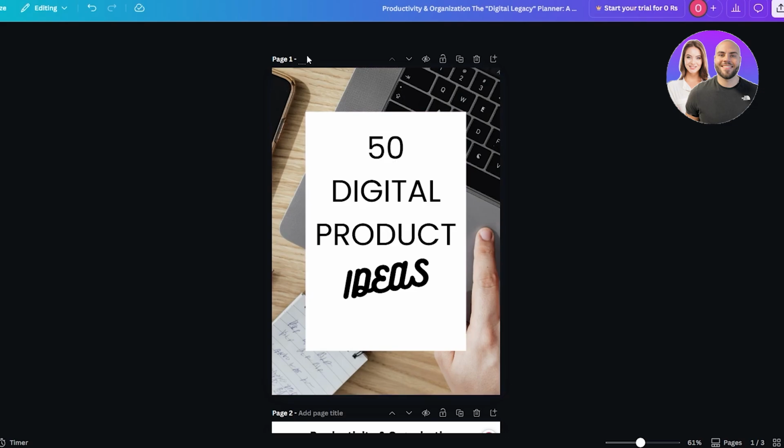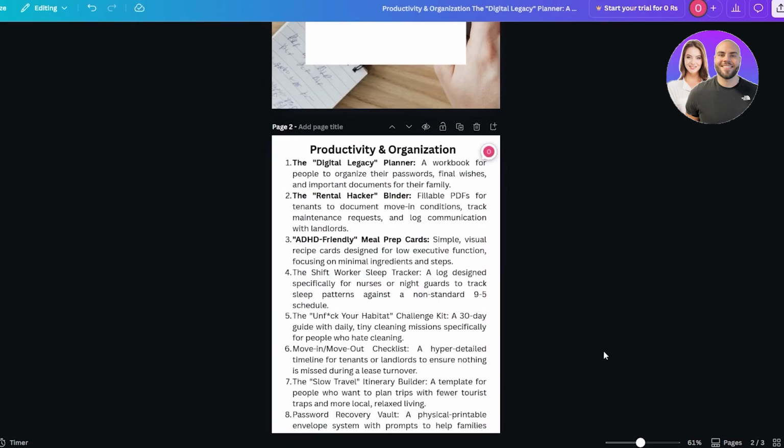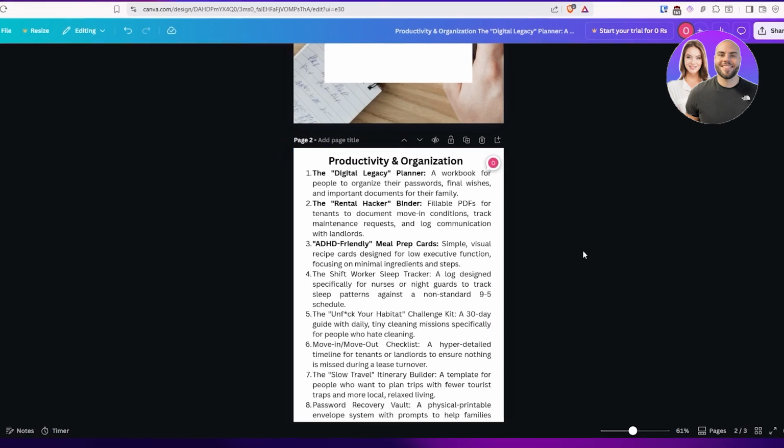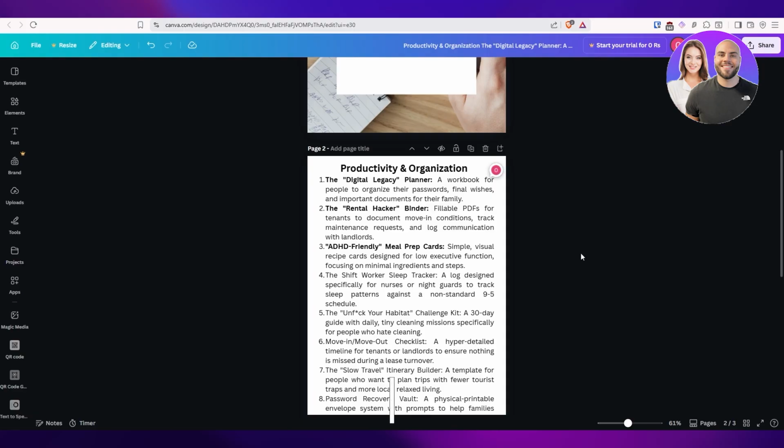And you can, of course, add your idea book over here. So 50 digital product ideas over here at the top as an idea name. And there you go. You've created a digital product that can help people generate ideas for their own digital product. So that's how you can create them. So pretty simple, right? But yeah, that's how you do it. That's how you can create digital products